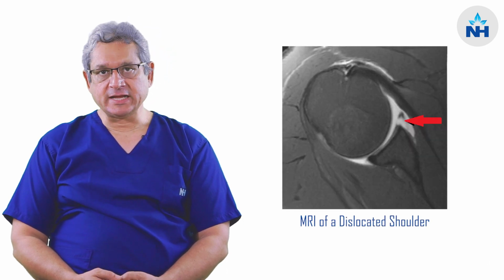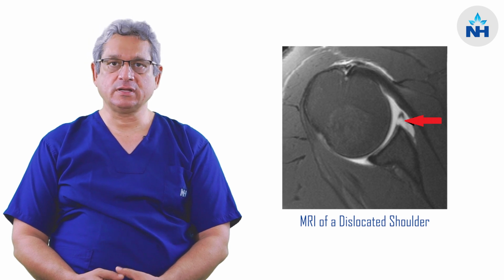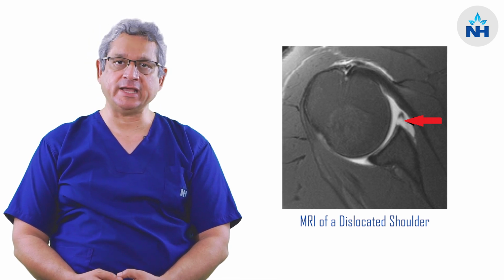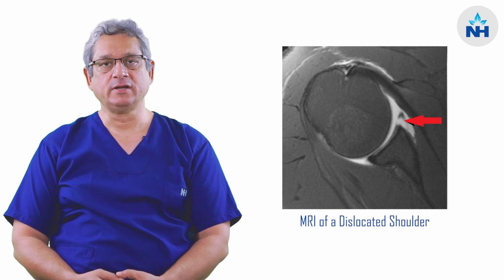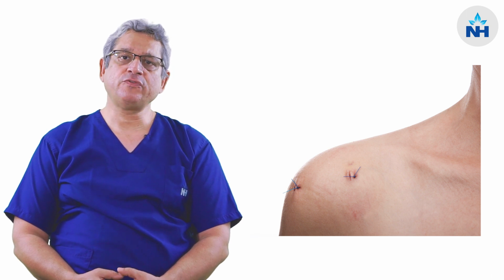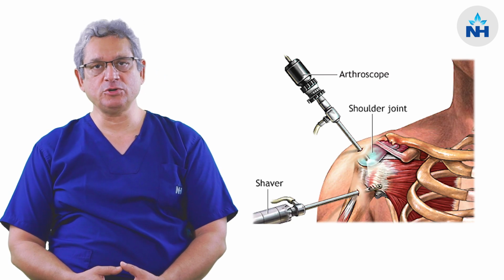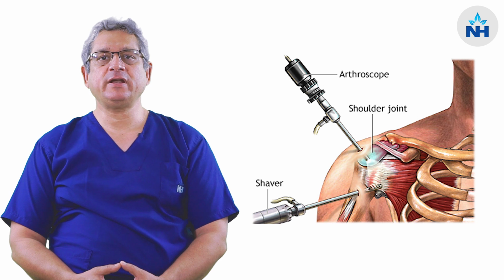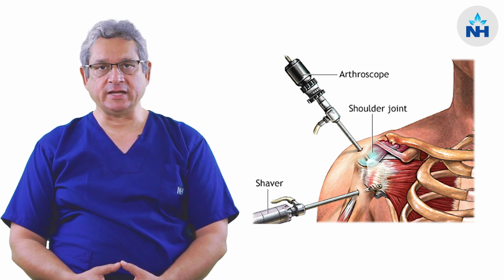In these situations, the treatment nowadays is very simple and easy. We generally require an MRI scan of the shoulder to understand what all soft tissues are involved, where all the tear is present and which tissues have not healed properly. Once that is ascertained and outlined, the treatment is very simple by means of a very small incision of about 4-5 millimeters, through which we insert a camera inside the joint. We also put in our micro instruments. We are able to see the joint from inside, and we are able to find out where exactly that tear is, what are the tissues which are torn, which have not healed.